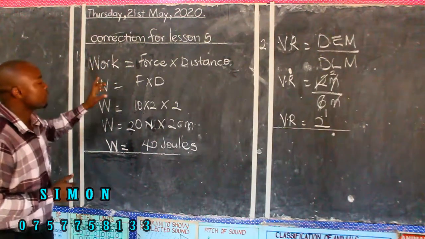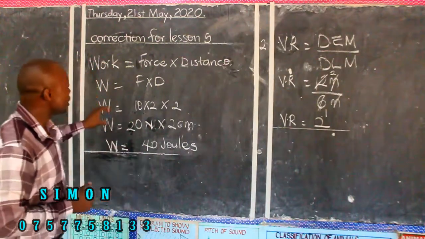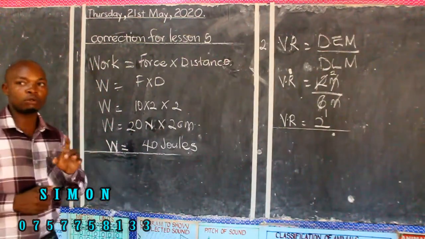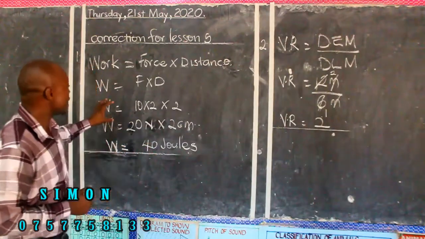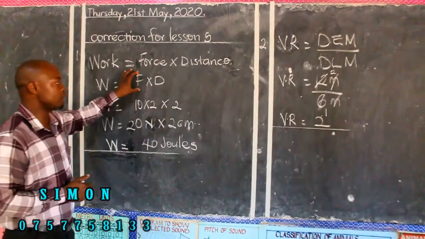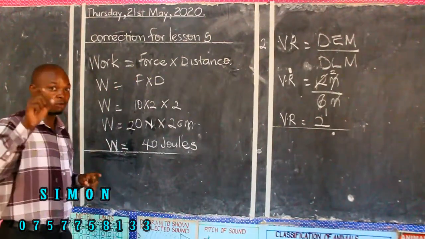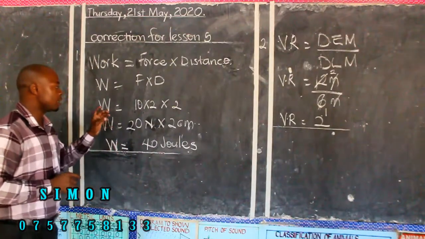Activity 1, we're to look for work done by the inclined plane. And we say work is equal to force times distance. And here, when you look at work and force, always force should be measured in newtons. And we said work should be measured in joules. Therefore, we shall get,